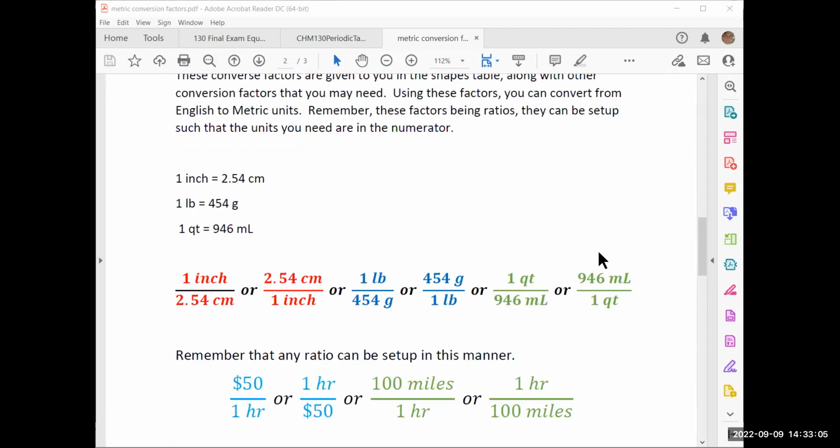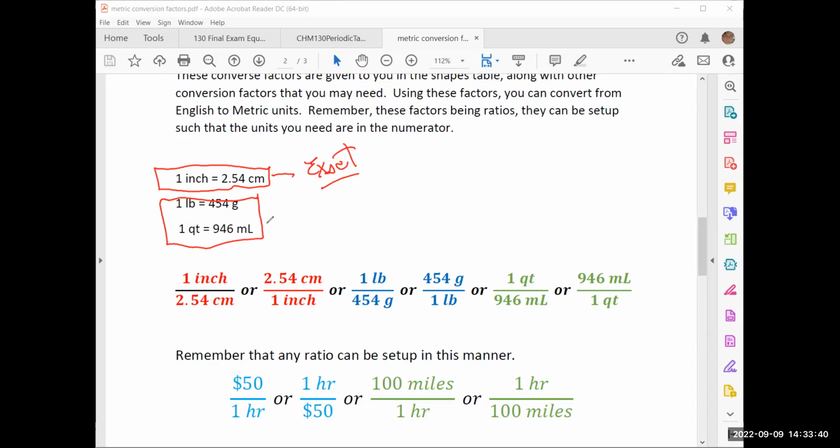We do give you these factors, they're in the shapes table. And these factors are to convert from inches to centimeters, okay, going from English to metric. And then we got 2 more conversion factors to get you from pounds to grams and quarts to milliliters, okay? So here, the thing about these 3 factors is this factor by convention is treated as an exact number,